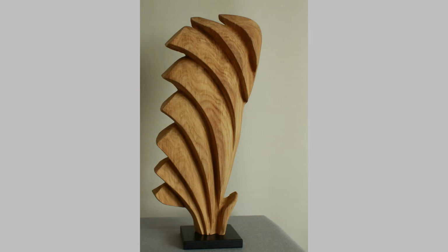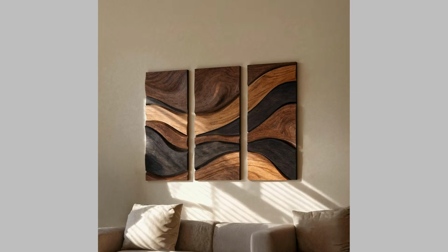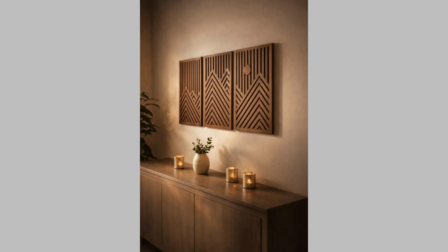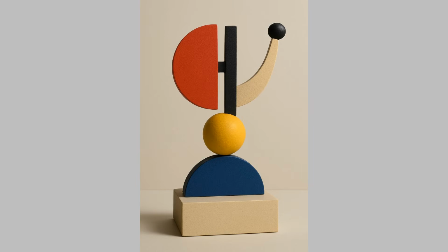Through years of creating and installing wooden wall pieces, I have watched small spaces open up visually when the right artwork is placed thoughtfully. A vertical abstract panel can make a low ceiling feel taller, layered wooden forms can add depth to a flat wall, and natural wood tones can soften sharp corners and artificial lighting. Abstract art works so well in these environments because